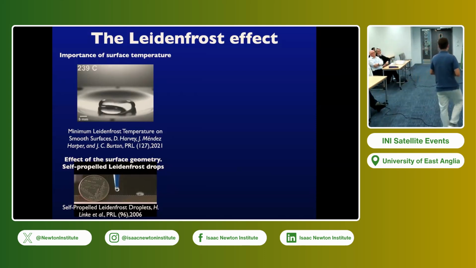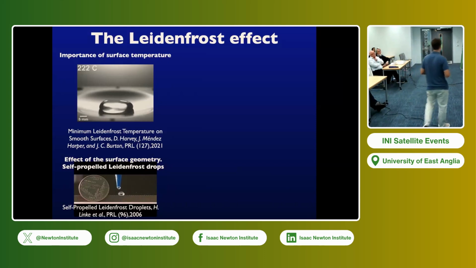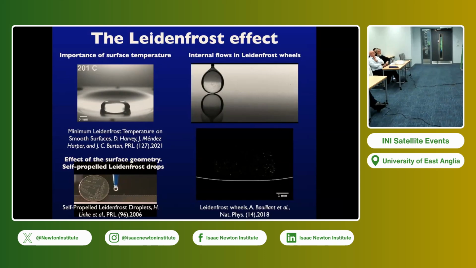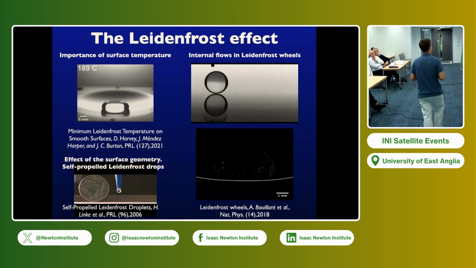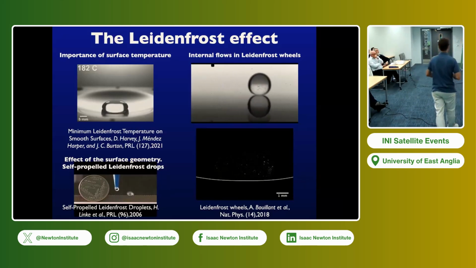Here, in this case, the surface has ratchets, and when the droplets fall, the droplet deforms, and also the gas layer is deformed, and that results in a net force that moves the droplet towards the right. Even when the surface is flat, sometimes there can be an internal circulation of the liquid within the droplet, and this results in a rotation of the droplet that can be